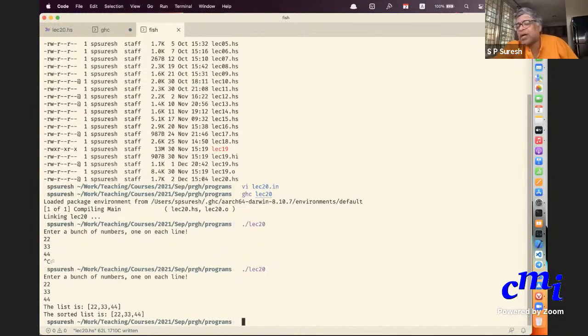At least on the Mac, it is Control D. On Windows, you need to figure out what the equivalent of Control D is. But do you see what is happening here? I entered a bunch of numbers, and at some point, rather than entering a negative number, I did Control D. That signifies that input has ended. Or I could be reading from a file, and the way to read from a file is to do an input redirection at the operating system level, at the shell level. So lect20 < lect20.in.